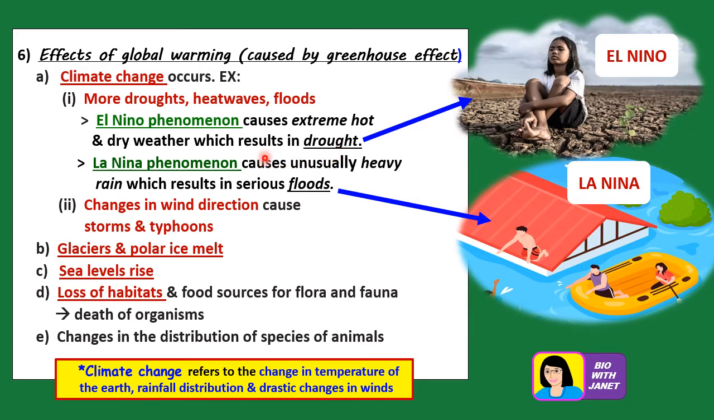Now, in contrast, there's the La Nina phenomenon, pronounced La Nina. La Nina means little girl. So the La Nina phenomenon is related to the unusual cooling of the surface waters of the Pacific Ocean, just the opposite of El Nino, which involves the warming of the ocean waters. La Nina involves the cooling of the ocean waters, and this causes unusually heavy rain, which results in serious floods,